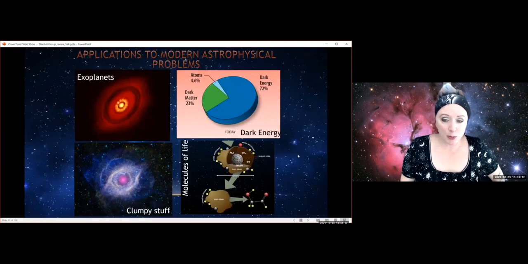Where is dust important? We're making all this dust, it's being thrown out into space, and it's going to be important for understanding all sorts of different things. First of all, we've got things like in the last 20 years or so, we've discovered a lot of exoplanets, that is planets around other stars, and understanding their formation. The dust is what is agglomerated into making new planets.